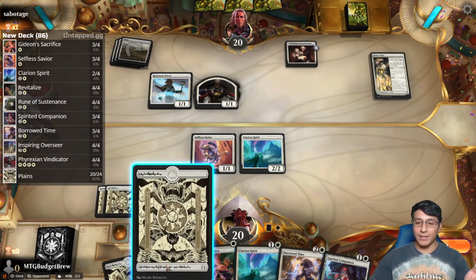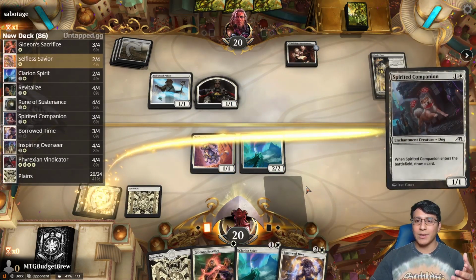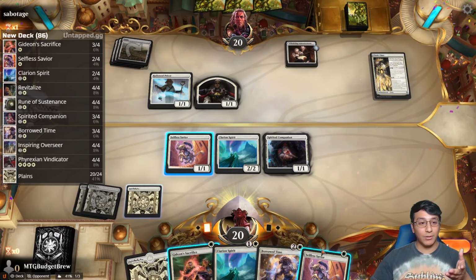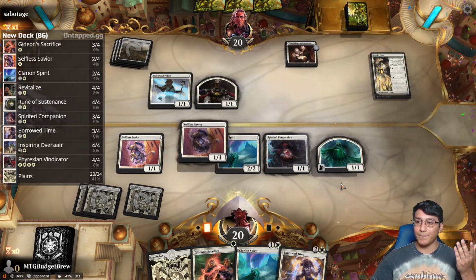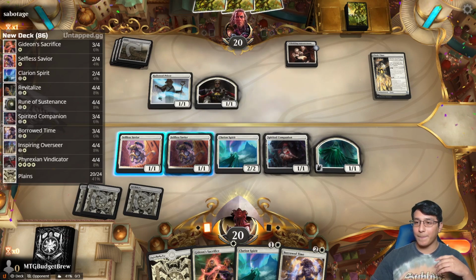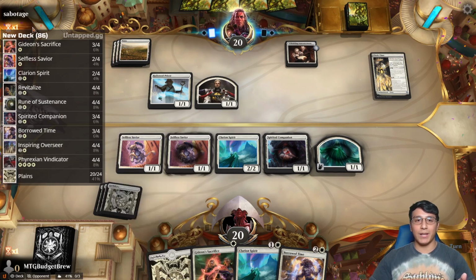The reason I have this in here is to help us survive the early game, and we have a lot of low drop spells, so there's a good chance that we're able to trigger Clarion Spirit, like right now. I'm about to cast my second spell, which is Selfless Savior, and we got a Spirit token. Cool beans. Now we have a lot of draw in the deck so that I can try and find Vindicator